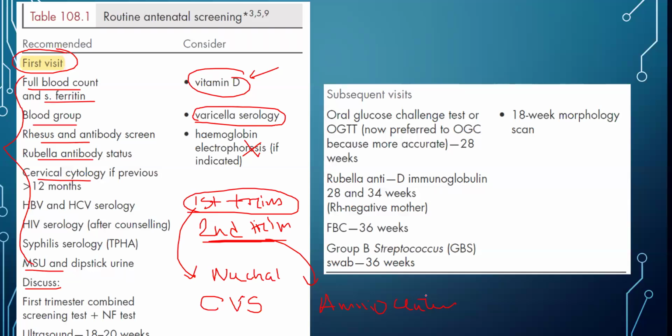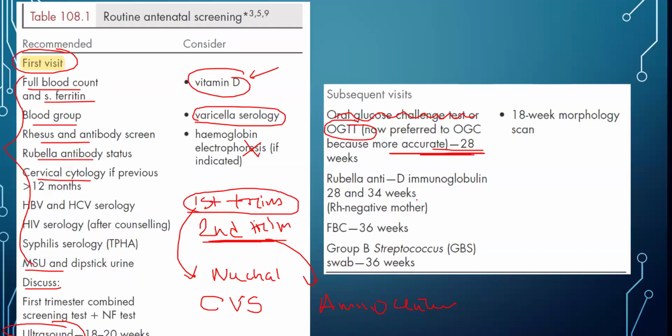Okay, so that's pretty much a little bit of idea about Down syndrome screening. After this is done, around 18 to 20 weeks, you do a morphology scan, which is an ultrasound to detect all the baby's organs and everything. During this time, you can also know the sex or gender of the baby. Then, around 26 to 28 weeks, everyone will get an oral glucose tolerance test, OGTT. Nowadays, the oral glucose challenge test is no longer needed, so we don't do it anymore, we do OGTT.